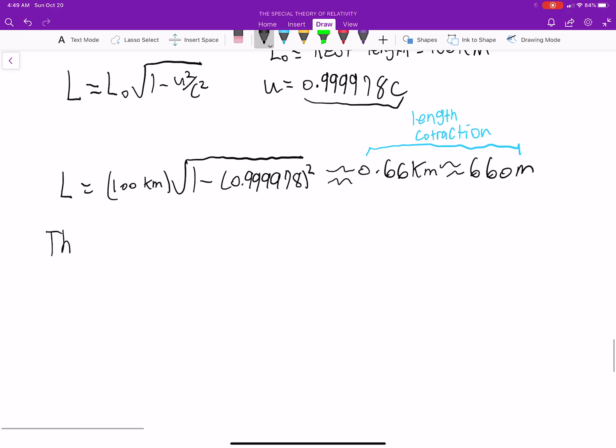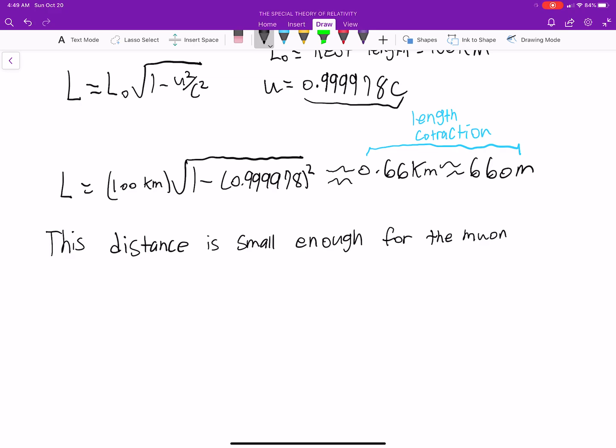This distance is small enough for the muon to reach the surface of the Earth in the 2.2 microseconds. Keep in mind, even though we might measure one time from Earth's perspective, this is the proper time, the 2.2 microseconds. So in order for it to make that distance, the muon must travel a shorter distance because,